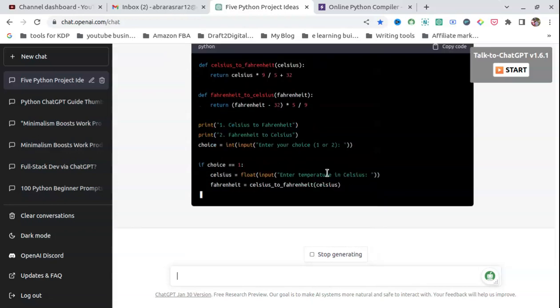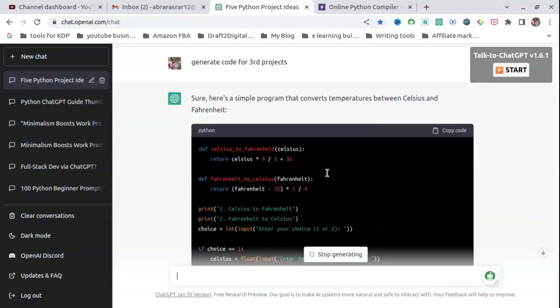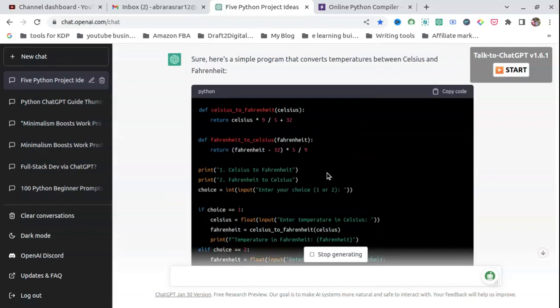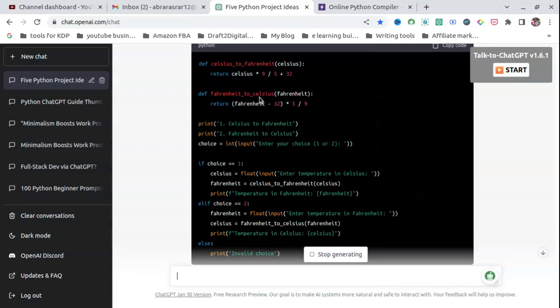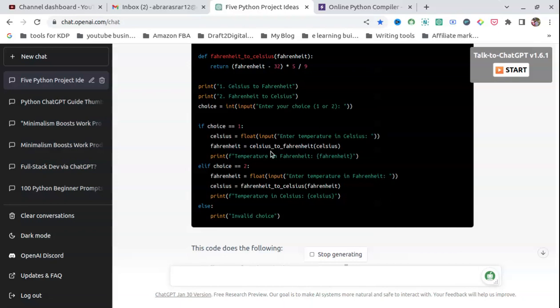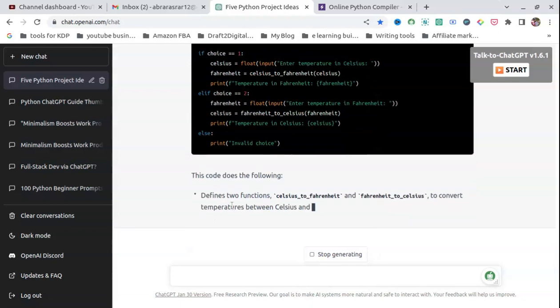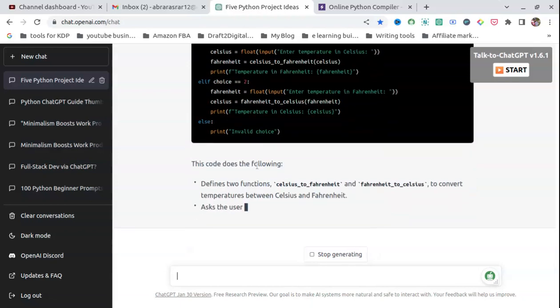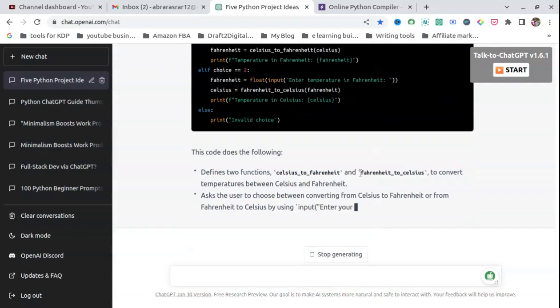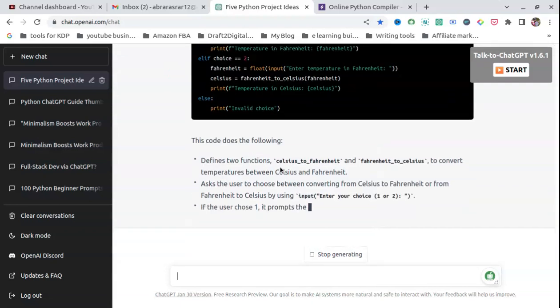Okay, anyhow we can just run it once more. It will be just a simple practice for us. Here you can see the Celsius to Fahrenheit function has been defined, and the Fahrenheit to Celsius function has been defined. Even if you are not understanding anything, no need to worry, I'm not going to start explaining everything. So these two are functions.